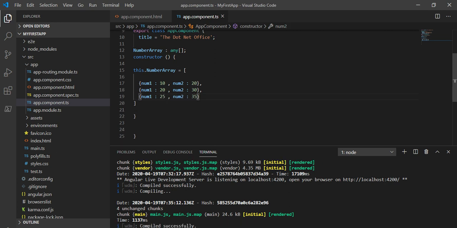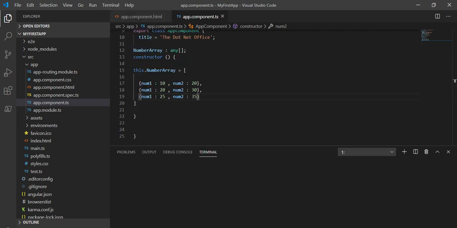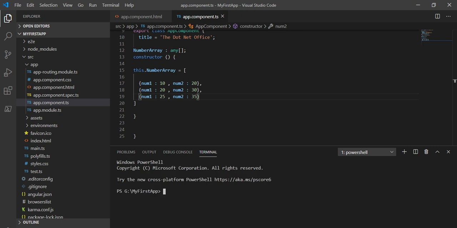Let's save it. Now first I'll create the pipe in our Angular 8 project. Close this terminal, create a new terminal, and as I explained, to create a pipe we use the command ng g pipe, and we have to give the pipe name.